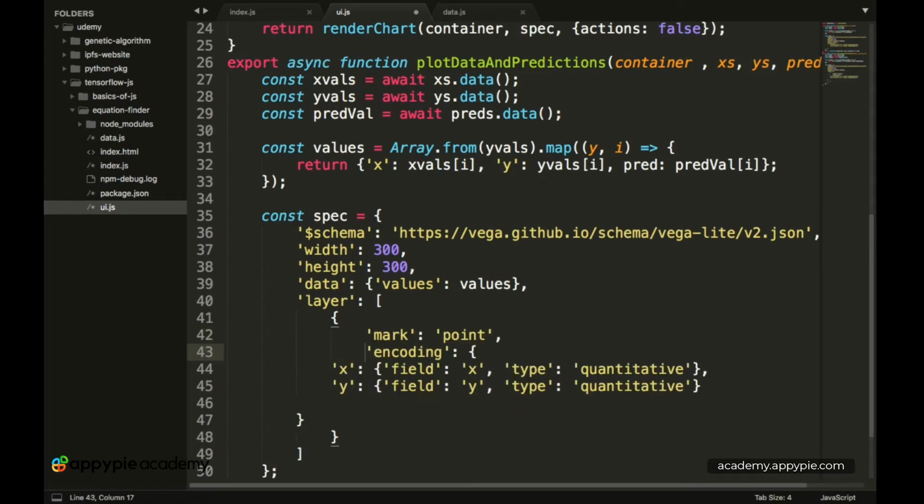Okay, so make sure everything is on the line where it should be. Okay, so we have mark as the point, then we have the encoding, and then we have the x and the y coordinates. Okay, so now after the encoding bracket is done, basically this is the value of the first JSON object. So over here, after this we have to put a comma, and now we basically have to put in our second nested JSON object,